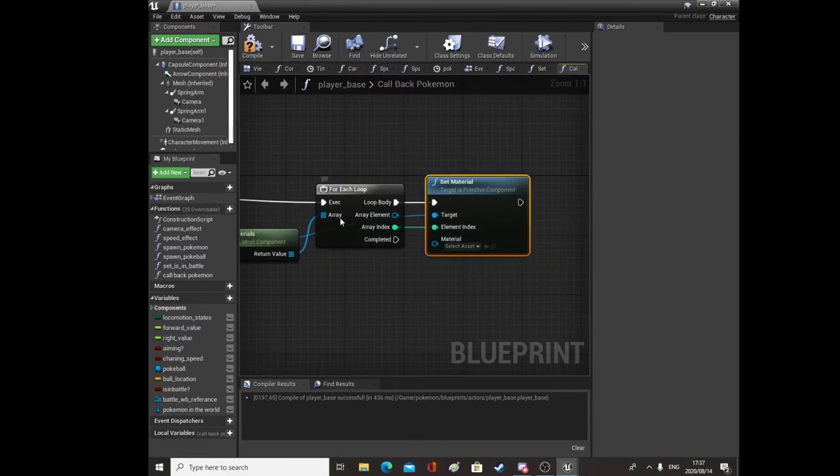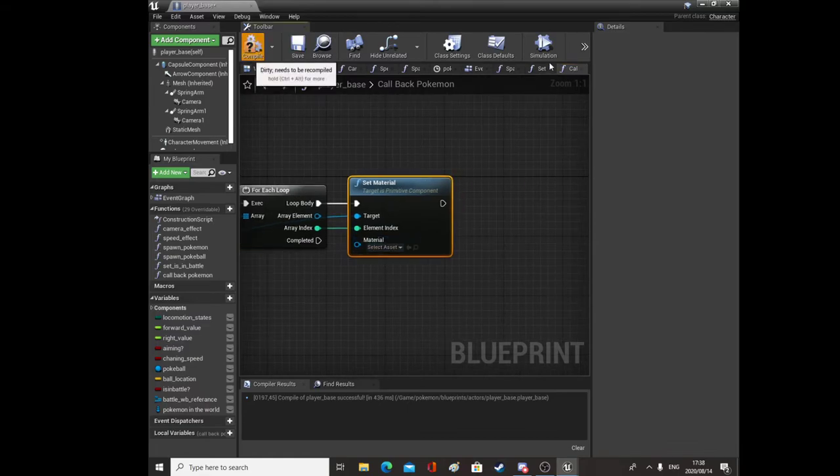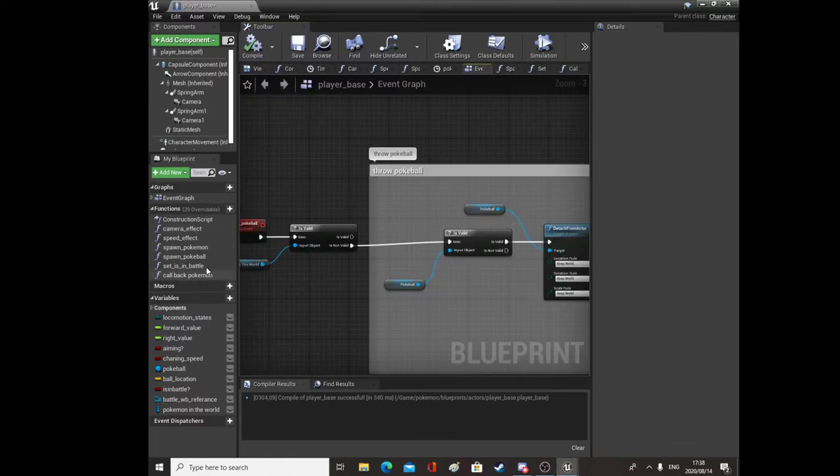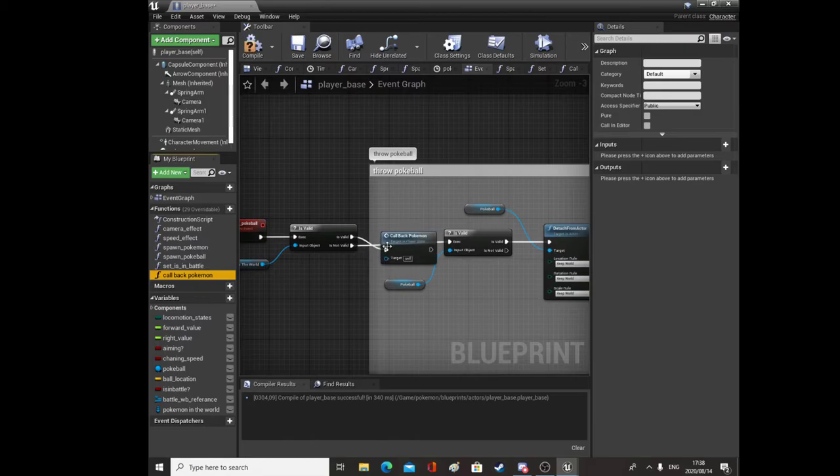So for each one we'll set the material to a new material, and that'll be like of an emissive material or something like that. For now we'll just set it to nothing because I don't feel like creating that right now. Okay, so we'll compile, and then we'll go back to our event graph and call that callback Pokemon off of this is valid,